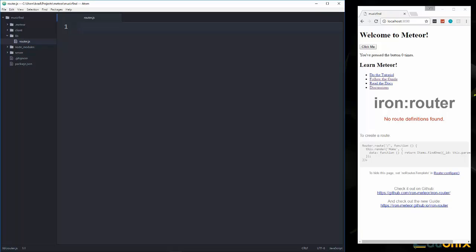So let's go into our router file, and we're going to add Router.configure, and we want to specify our layout template, which is going to be called layout. And then we want to map our routes by saying Router.map, pass in a function,